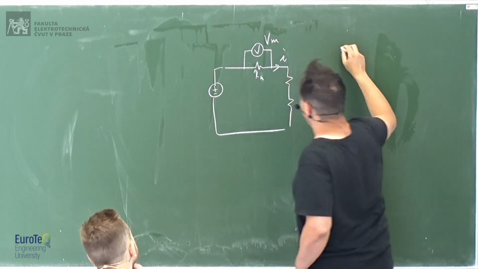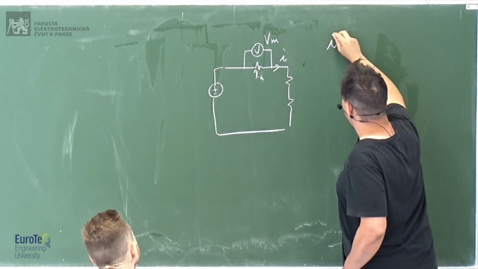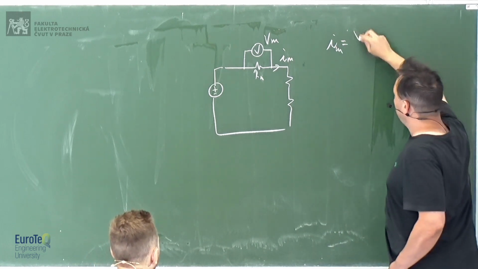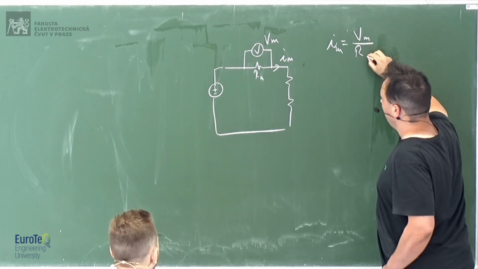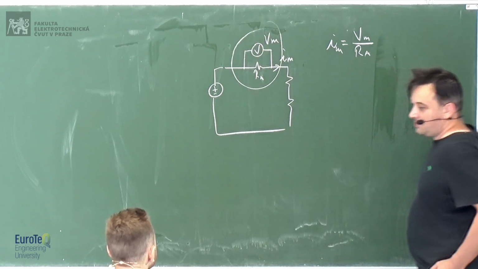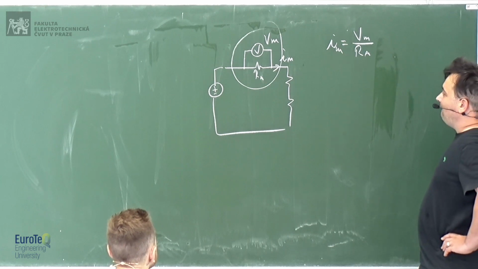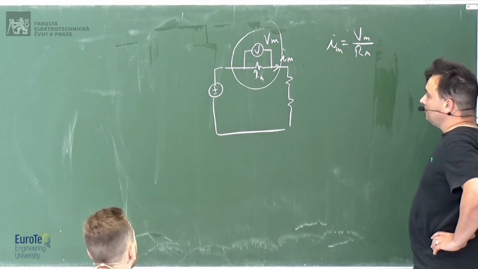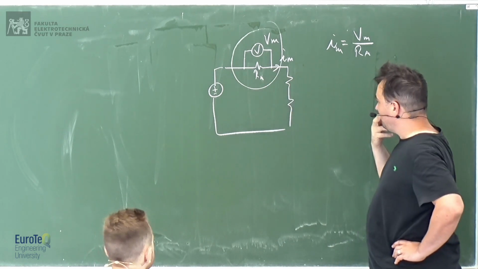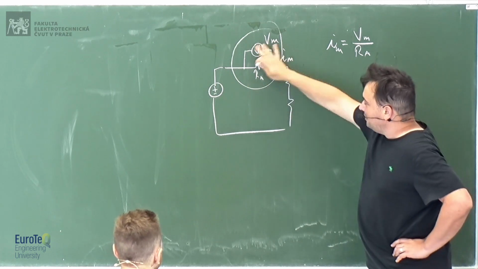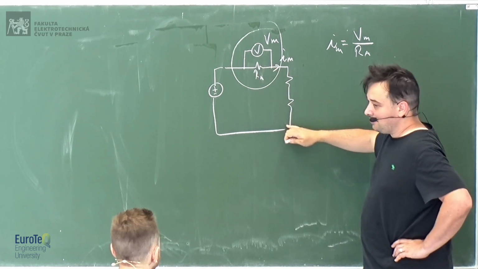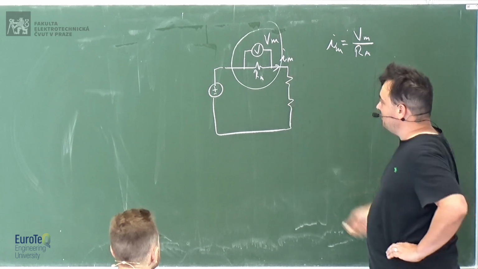So we measure the voltage, and you know that the current will be, let's call it IM, because we measure it, the voltage reading of the voltmeter divided by the resistance of this ammeter. Okay, so this becomes our ammeter. As you see here, we have some resistance. It might be small, but there is a resistance which interferes with the circuit. So if you don't have this ammeter, the current itself will be larger, okay? Because you have less resistance in the circuit.